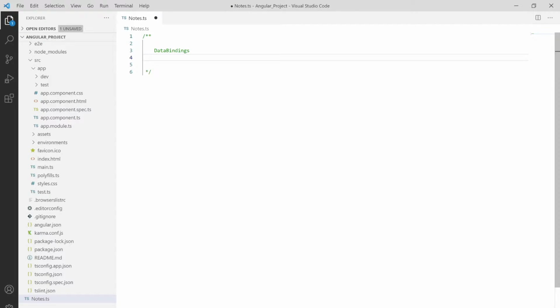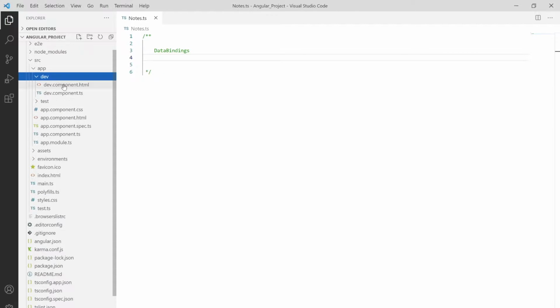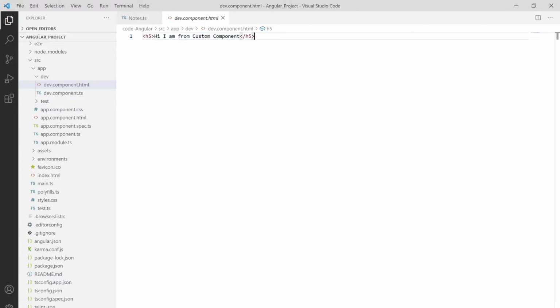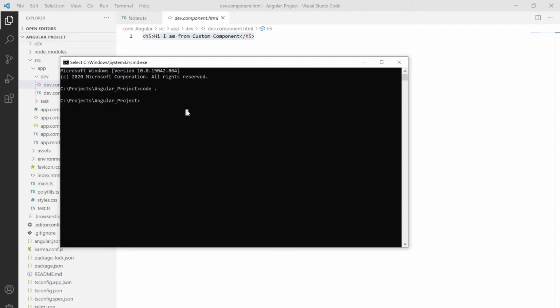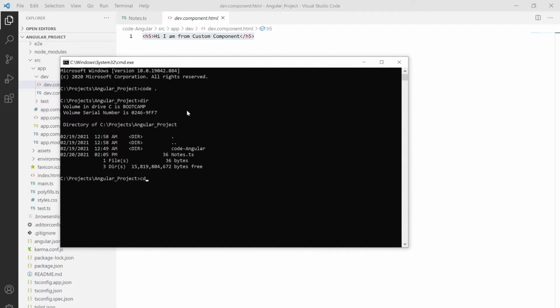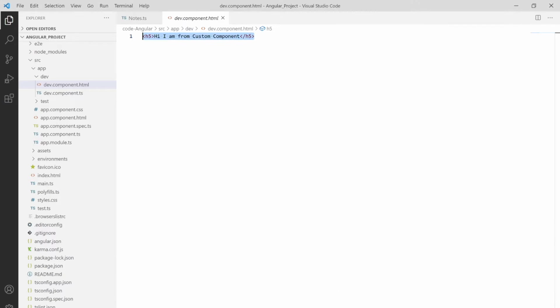Data binding is nothing but, previously, as you can see, we are using constant HTML over here. We are not importing some kind of dynamic HTML, or using some kind of dynamic array. If you want, I can run this. Let me cd into the code Angular folder, navigate inside the project, and run npm start. npm start will mainly hit ng serve, as you can see over here, and it's going to build our project.